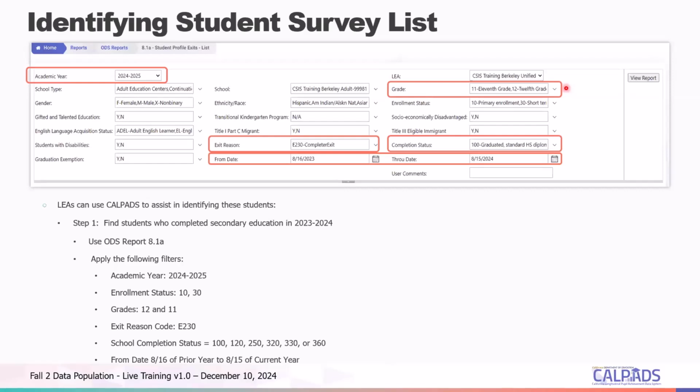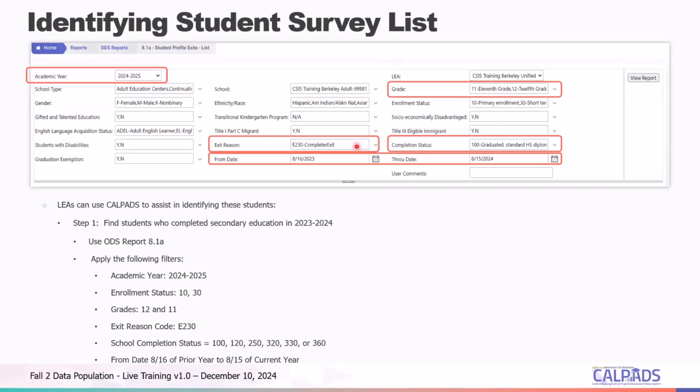So in order to ensure that those students make their way onto the list, we would filter for both 11th and 12th grade here. We would then filter for a completion status here of 100, 120, 250, 320, or 360, because those are the relevant completion statuses to exit secondary education and require a PSTS file to be reported.